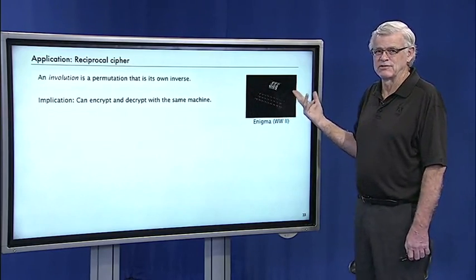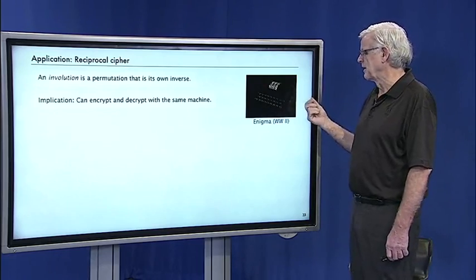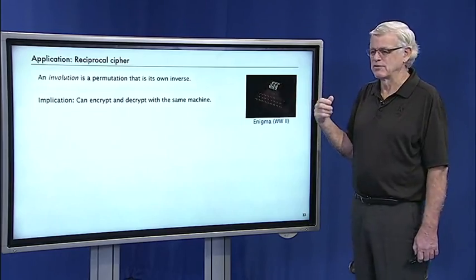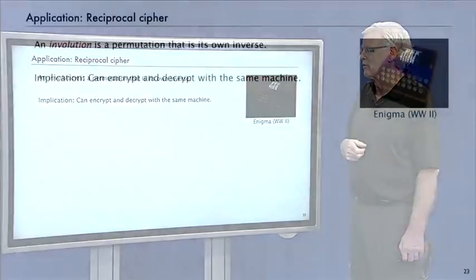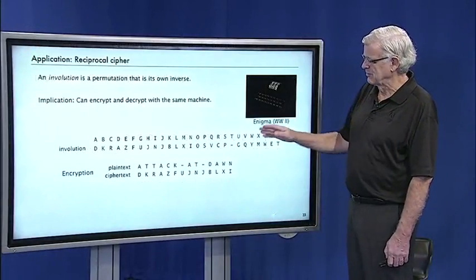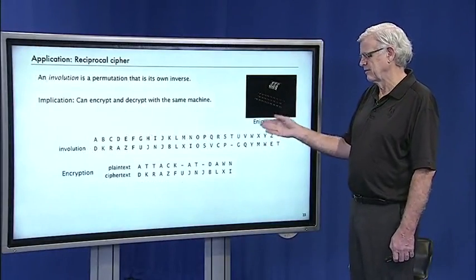And actually a famous example of that is the Enigma machine that was used by the Germans in World War II. One of its components was an involution. So the idea is you have our letters from A to Z and minus for blank again. If the permutation that we use to encrypt is an involution, then we don't need to compute the inverse. The involution is its own inverse. So we don't need a separate